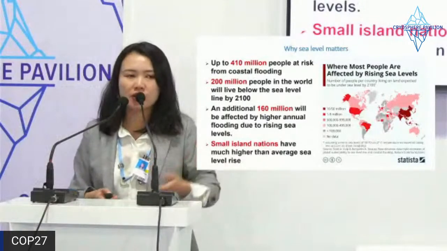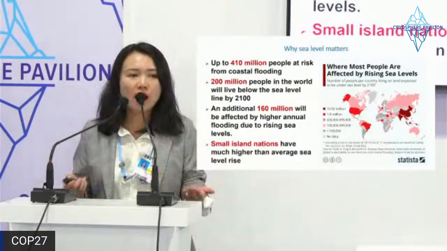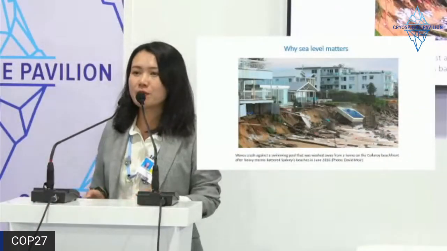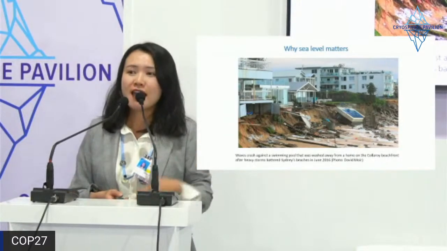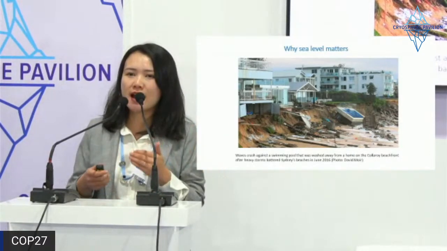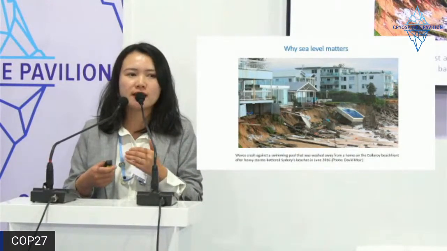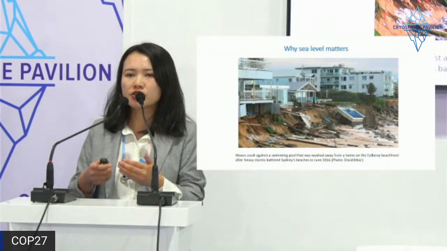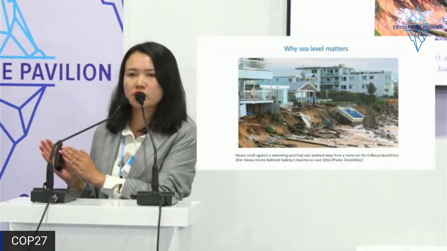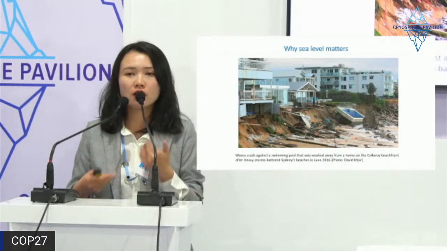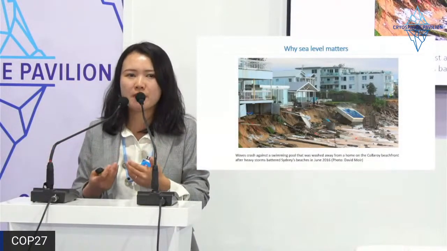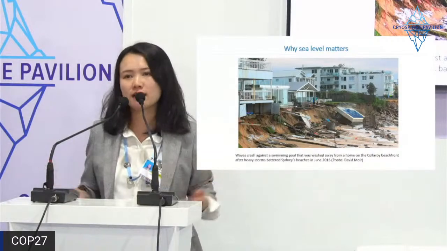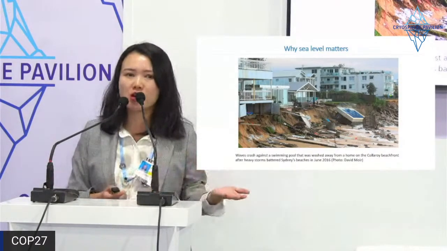My country, your country, we are also affected. If the numbers are not enough, here are some very nice photos you may have seen before. We know that sea level rise can cause more rapid increase in the tide and also the storm surge levels. They can push the water further inland and cause more coastal erosion. So that's something very true for us to remember: the sea level rise is just happening around us. And also I want to share the photo because